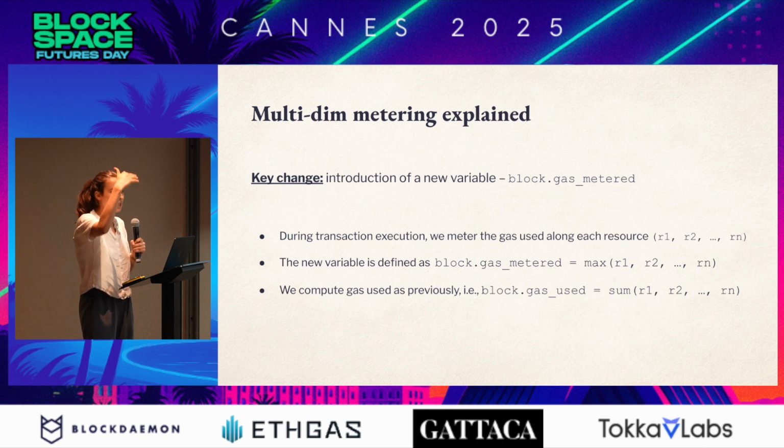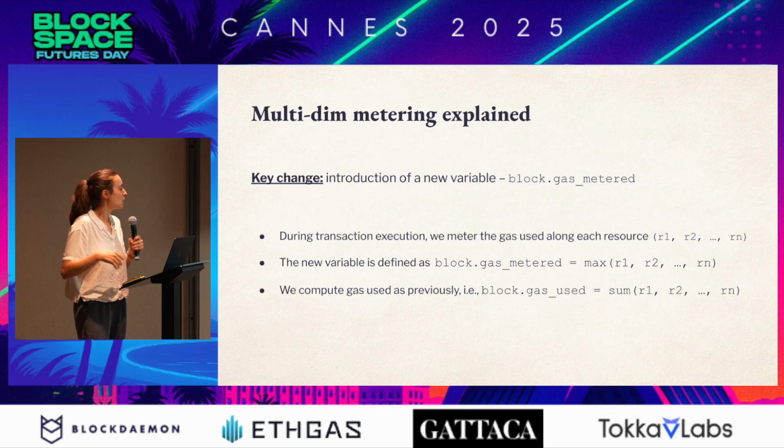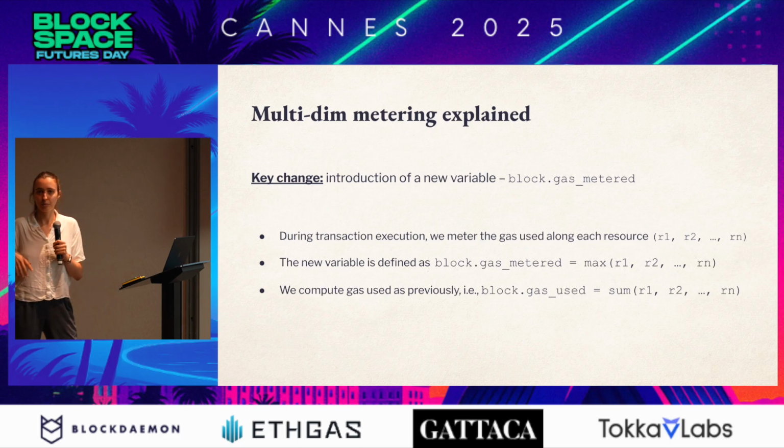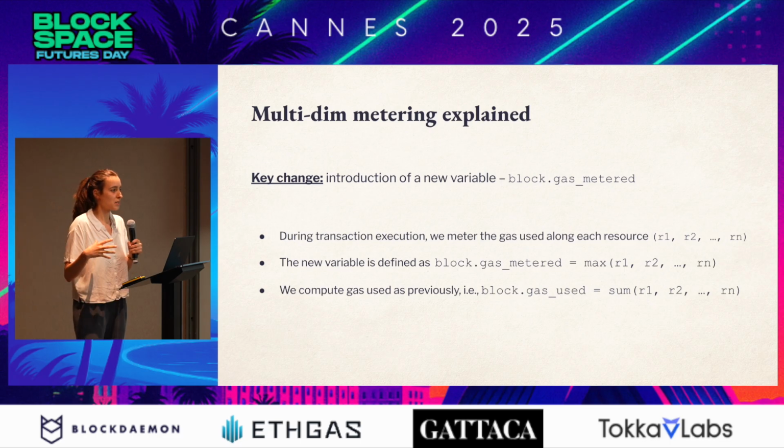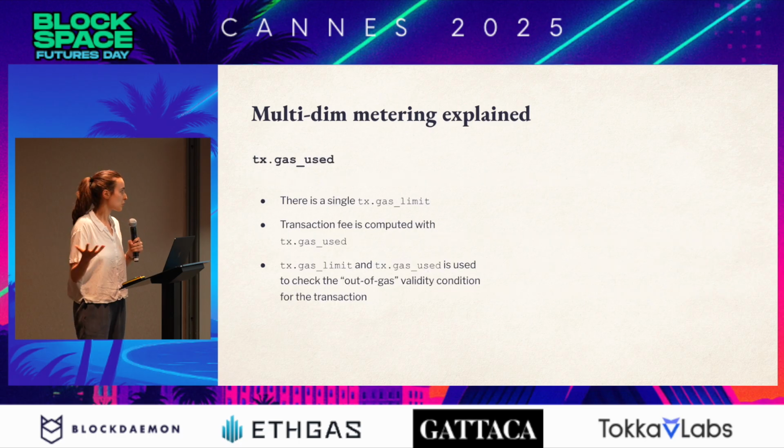And we keep this vector, right? We are summing the costs at each resource. And then at the end of the block, the gas metered is just the maximum of the various resources. You can think of this max as us taking into consideration the bottleneck resource. What is the resource that is being used the most? And we still keep the gas used, which was the previous metric. The gas used is just the sum of everything, right? Like we are just measuring how much gas across all the resources is being used by the block.